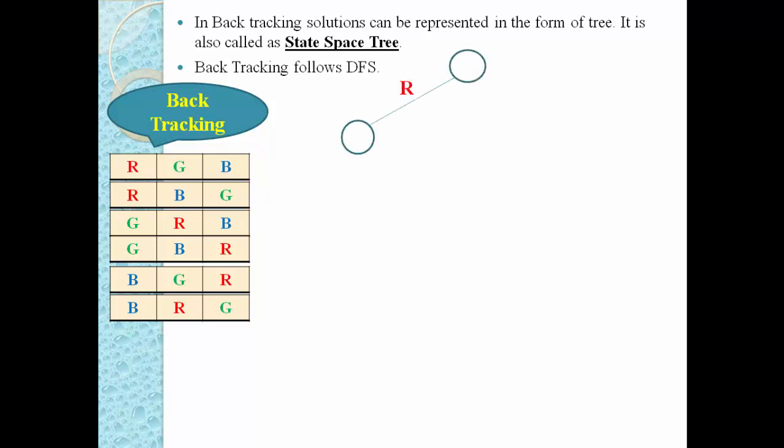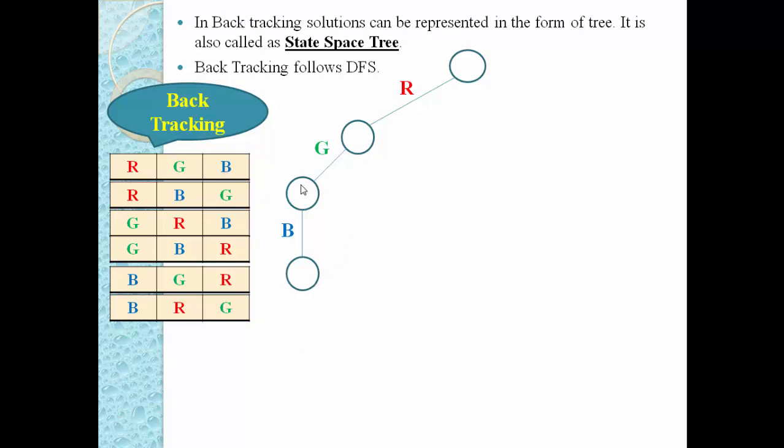Suppose A represents the different color objects. For example, the first object is red. So our first sequence is red, green and blue. First we add the red object, then the green object and then the blue object. Now we cannot explore further because there is no other color object available, so we have to stop here.